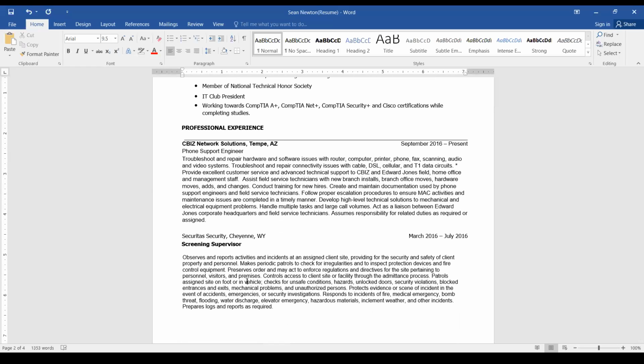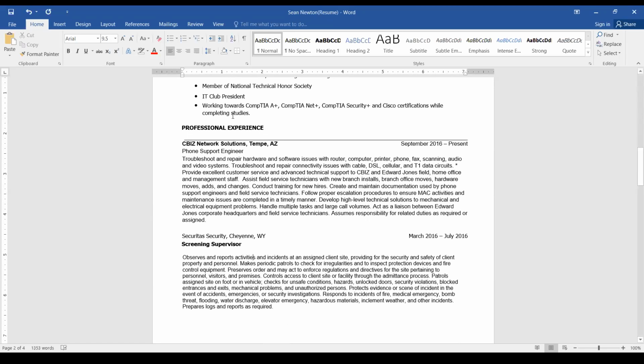In reality, these days, I would suggest, if at all possible, you want to use a plain font, Arial or Times New Roman, or one of the plain fonts. And I don't care if it's a serif font or a sans serif font. That doesn't matter to me. But you need to pick one, and preferably, especially if your hiring manager might be somebody more my age, you may want to make sure that the print is a little bigger, like 12-point print, as opposed to 9.5 here. So that's one of the reasons I'm seeing a difference.